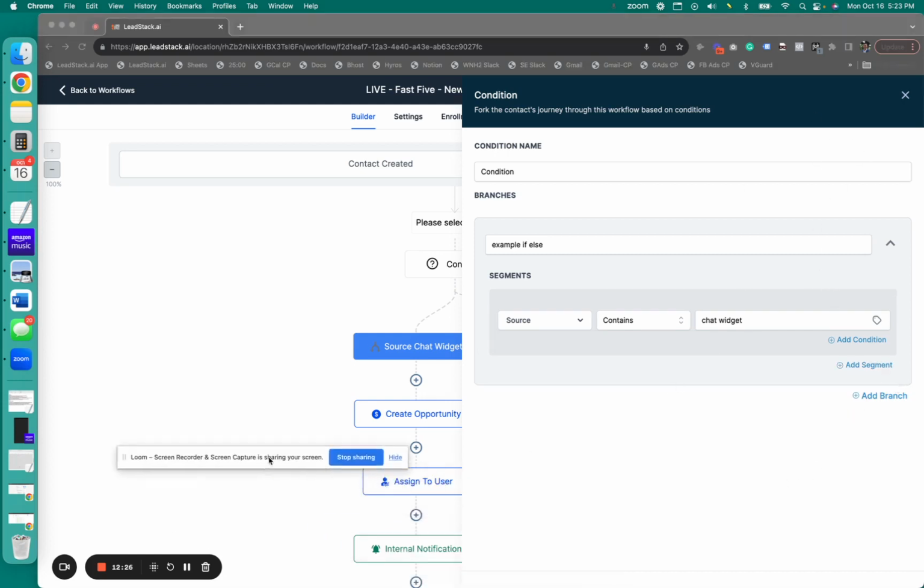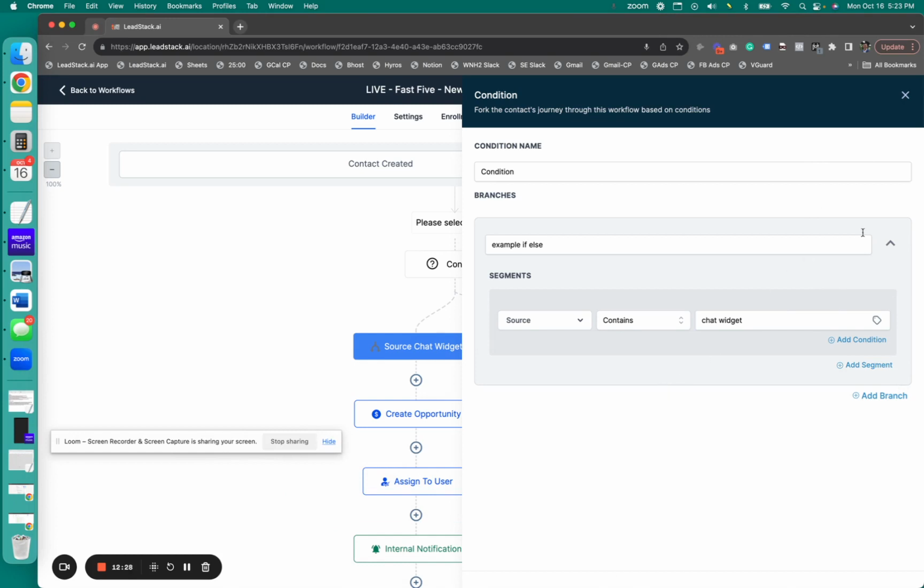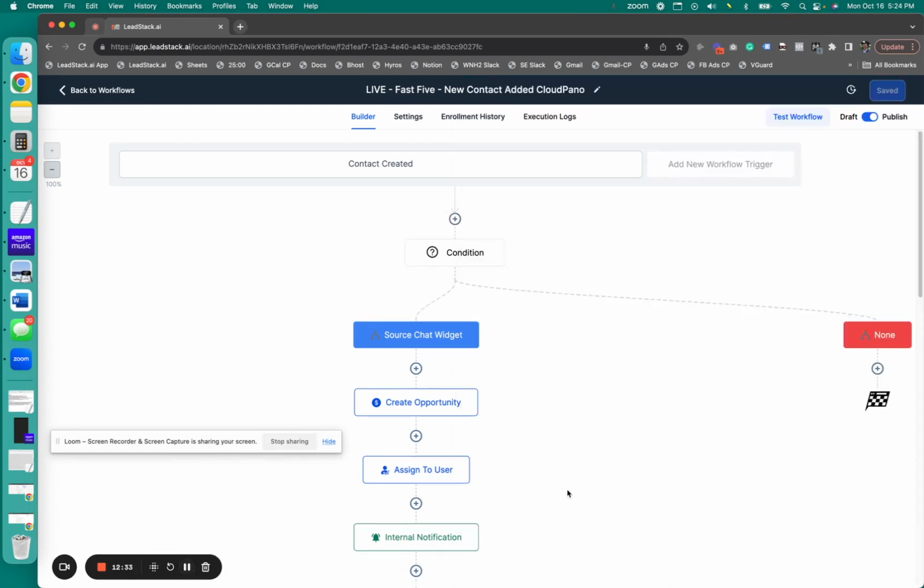And that's essentially how you do it. Okay. And you can do a variety of conditions as well, and you can play with this and make unpublished workflows throughout the process. Okay, so I do want to show you where I got the source chat widget from in the contact section in a moment,